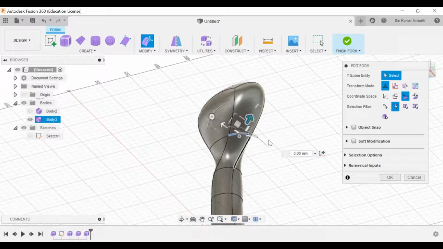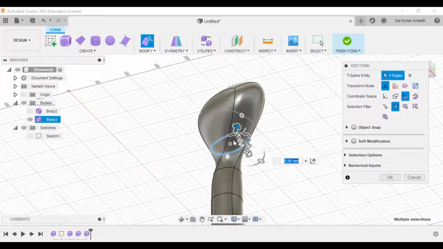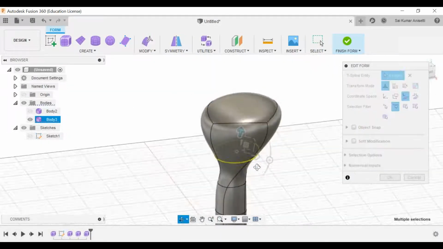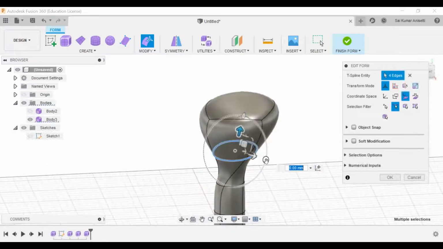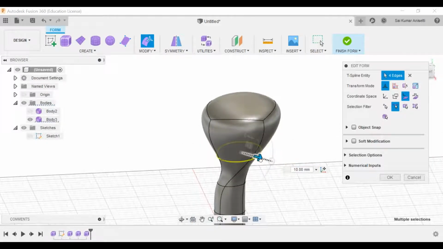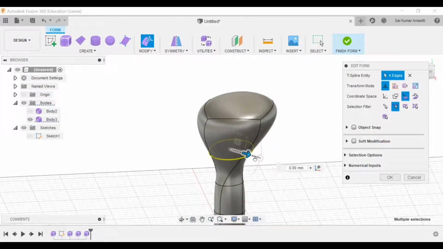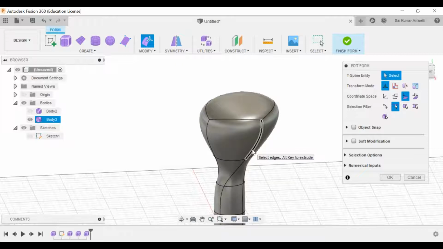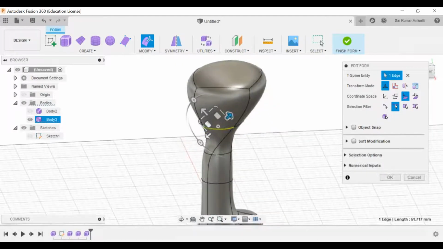Okay, I have this particular edge, I want to make modifications to it. Now if I just double click it, it will automatically select that particular ring. Now if you want to modify that, you can just modify accordingly. If you want to change it, you can change the entire edge. No, I don't want that. Now I want to change my shape only with respect to this one single edge. You can change this one particular edge.